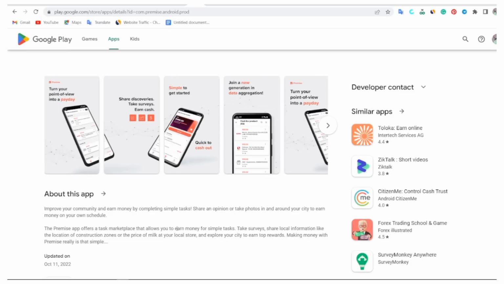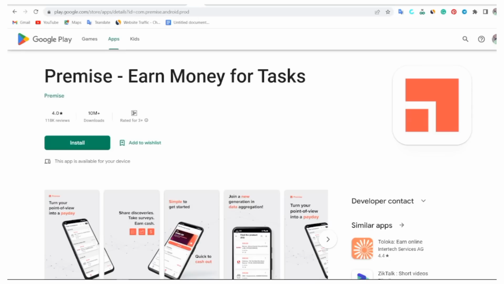All right, so I can go to this particular website or app and download it. Just come over right here and scroll all the way up and click on install. You download it. When you download it, you start making money. It's that easy. Now I'm going to rush over to the next one. Now the next one right here is called